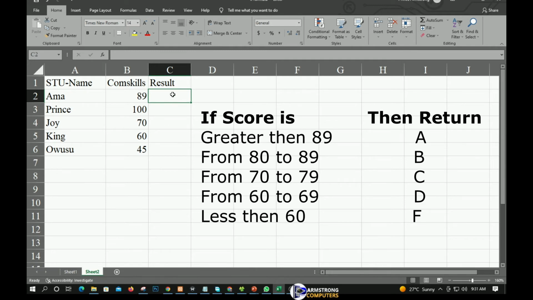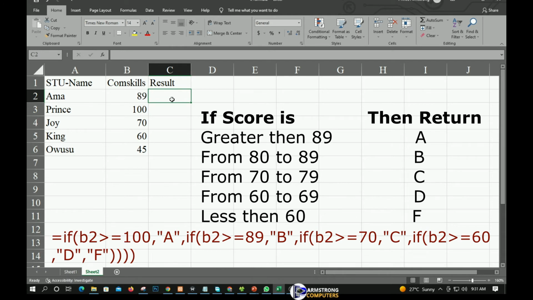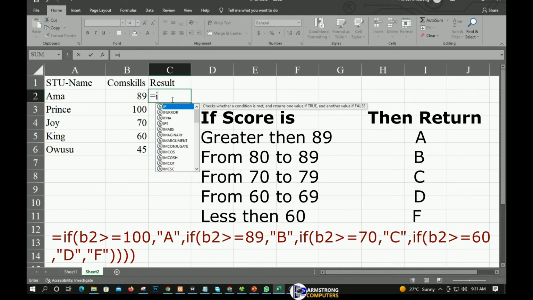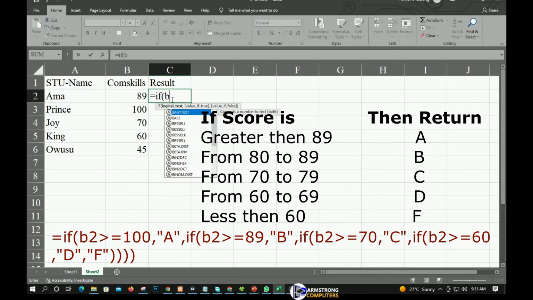So I'll move to cell C2 and enter a formula using the IF function, which is going to be equal to IF, B2 is greater than or equal to 100, because it should be, okay, A, and if not,